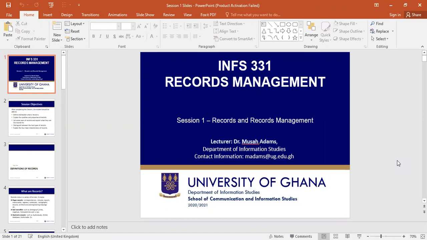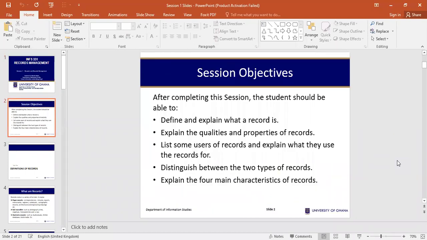So, records management, as the name goes, simply deals with how institutions manage their records. So we'll go through some sessions. The first session has to do with more or less definitions, records, and records management. You will find the session objectives: after completing this session, you, the student, should be